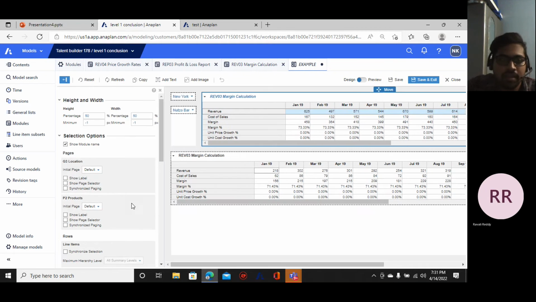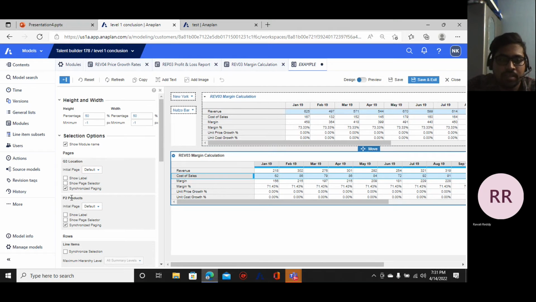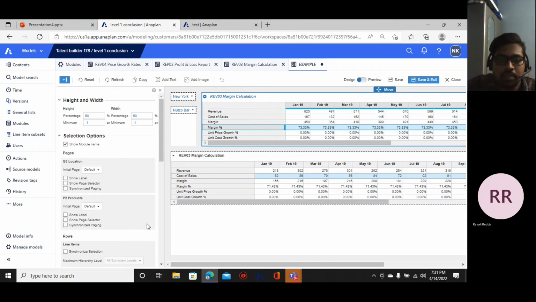Let me show that again. Here we can see page sync has happened. If we click this element, page sync does not happen. We can add only the location to page sync also. This process can also be done, but now we removed both syncs, so it is not showing much difference with the